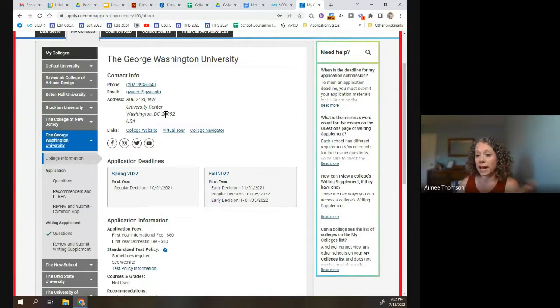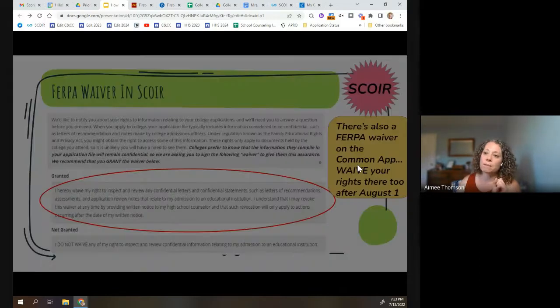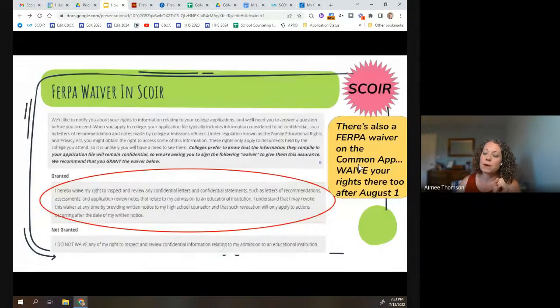So some schools are putting it out there so you can start working on it, but keep it out of here because this information is going to get blown away. So that's something that you can do. And the reason I suggest that you do that before you get too anxious about moving schools in SCOIR is